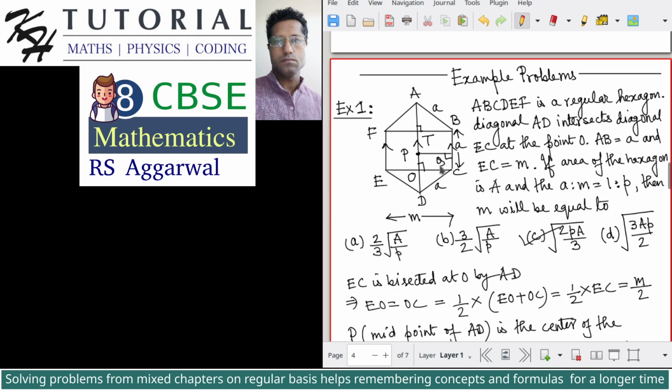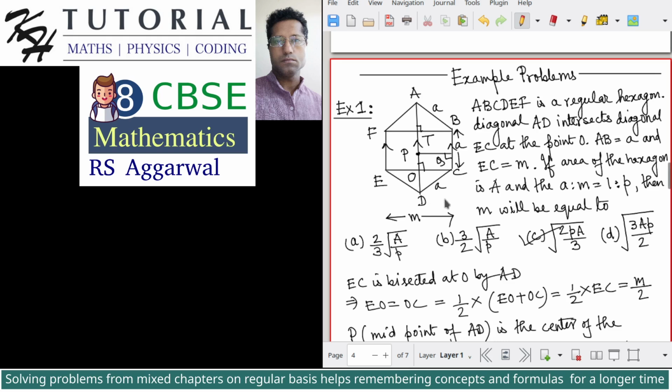Now in this problem I could have found the area by using the two trapeziums on either side of the diagonal AD, but for that I would need the length of the diagonal AD. The length of the diagonal AD could be found by using Pythagoras theorem if we know that AT is equal to OD, and the diagonal AD will be equal to twice AT plus TO, and OT is the length of the side A, and OD we can find using Pythagoras theorem